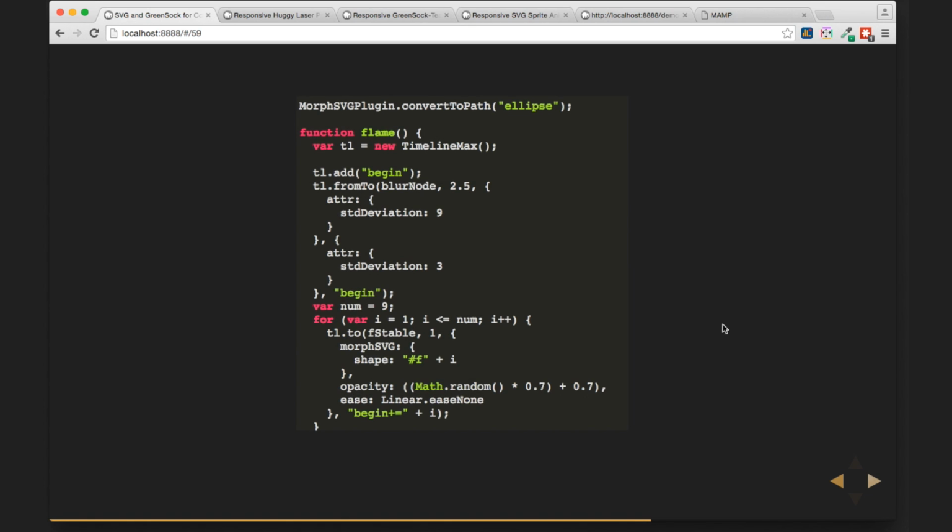So I'm actually animating the filter. Anything that's an integer, I can animate with GreenSock. That's pretty cool. I can reach right in there and make the filter become more and less gooey through the flame, because the flame doesn't stay consistent at all. If I name everything properly, I can also set a for loop to go through all of these different values and IDs and set it with a relative label on the timeline. I can just add it incrementally to the timeline, so it's always firing and always morphing to the next piece.